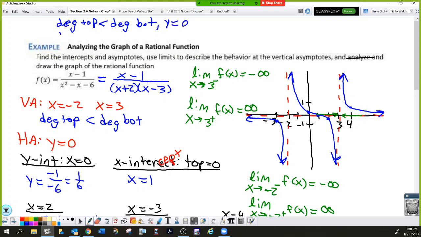If the degree of the top equals the degree of the bottom, this is when you would use the leading coefficient over leading coefficient. Right, so leading over leading. And when the top is bigger, you don't have a horizontal asymptote. That's when we get slant asymptotes or quadratic or cubic asymptotes. Polynomial asymptotes is what we would call them. Okay? All right,